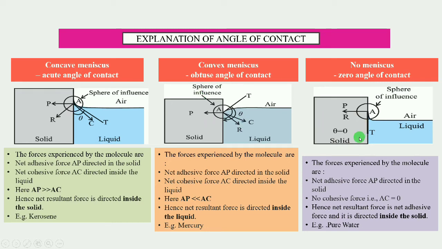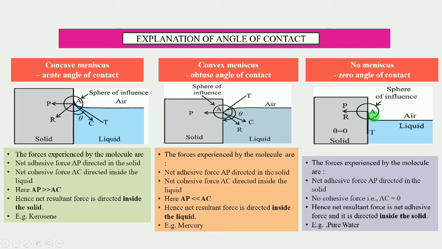Now next is when we consider the type of liquid which fully wets the solid. This example is actually pure water and glass surface. Tap water or undistilled water with glass will become the type of liquid which partially wets the solid. Only in case of pure water we will consider the type of liquid which fully wets the solid.